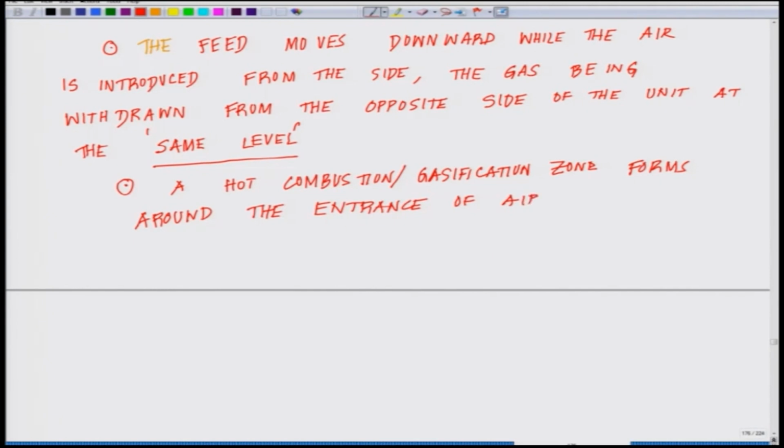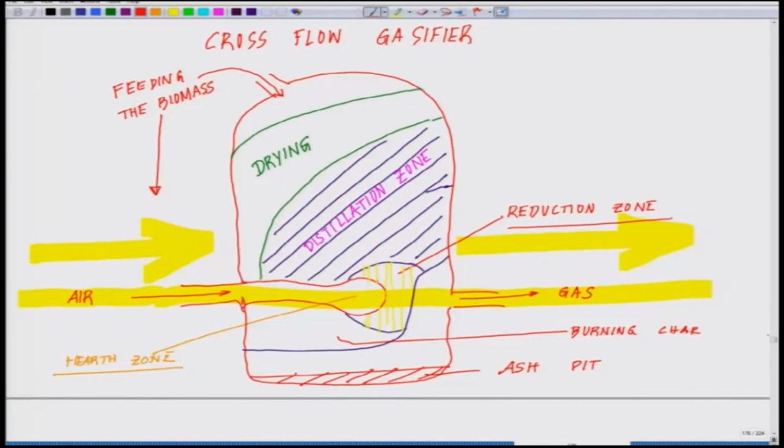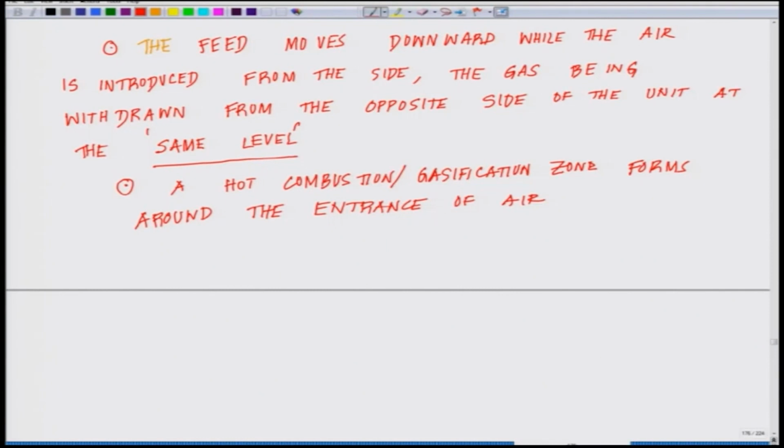That you can verify if you look at the picture very carefully. The air is entering out here, and this is where a lot of the reactions are taking place, the reduction zone. At the entrance of air, the pyrolysis and drying zone are formed